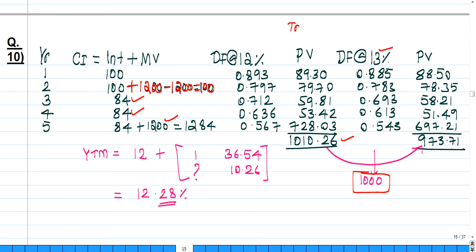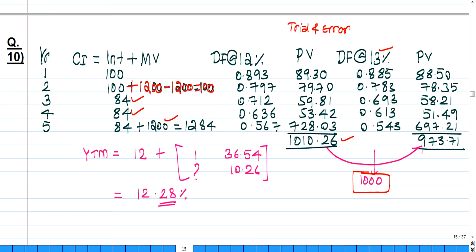Again, these are all trial and error. So I will increase by 1%. You can increase by 2% also. You can use 14%, you can use 15%, whatever. But we have to get at 1000. We have to interpolate at 1000. At 13%, you will get these figures. Present value will be discounting factor at 13% into cash inflows. So you will end up in